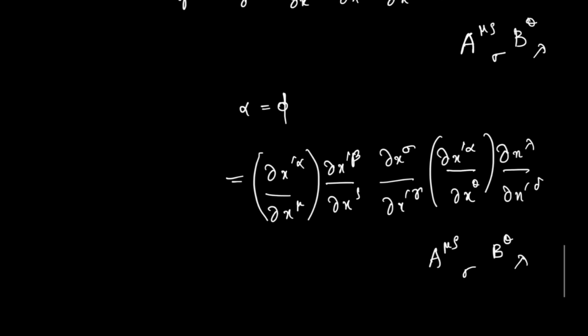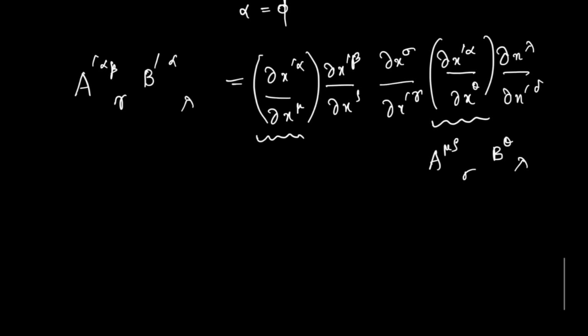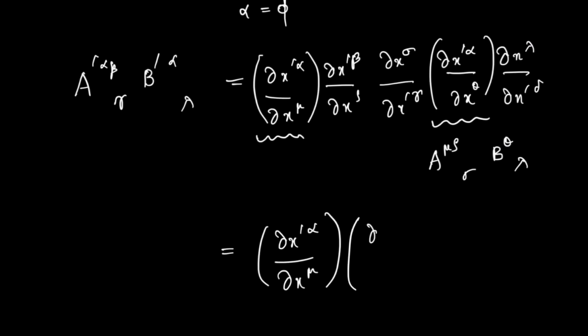this term, so I'll write the left hand side also once again here, so that you can compare it. B prime alpha lambda. So here you have to see these two terms in the brackets. Whenever in a partial derivative the index is appearing in the numerator, then it is contravariant, right? So here you can see that there are two contravariant alpha on the same equation.